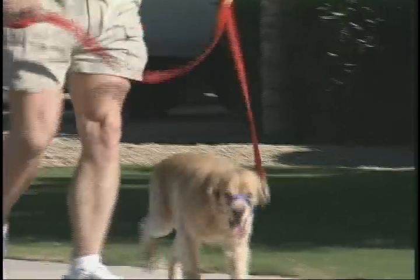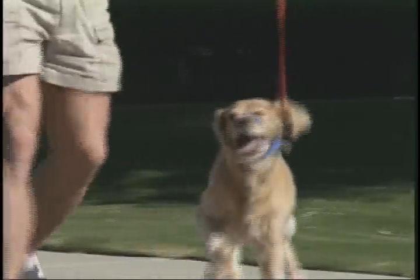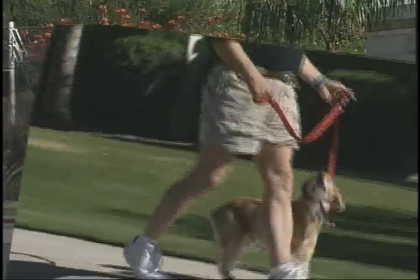Leaping in the air is another common reaction. This is another area where continuing to walk while using clicks and treats is the best solution. This is a common